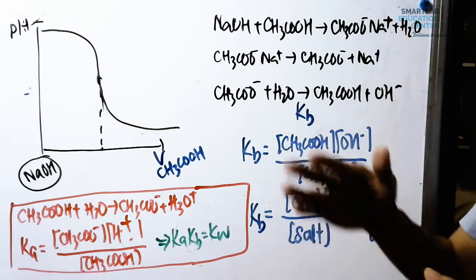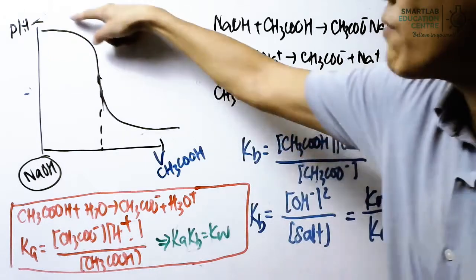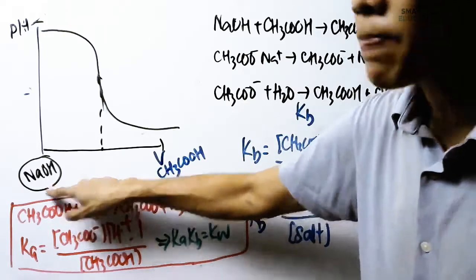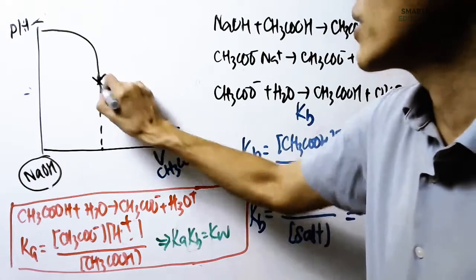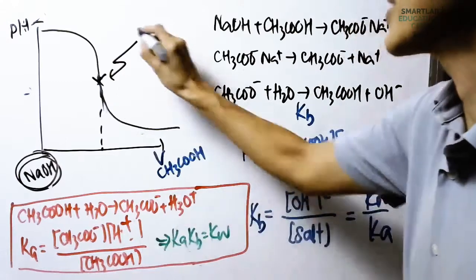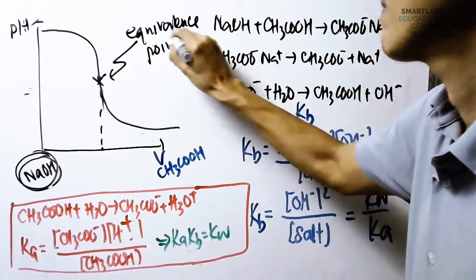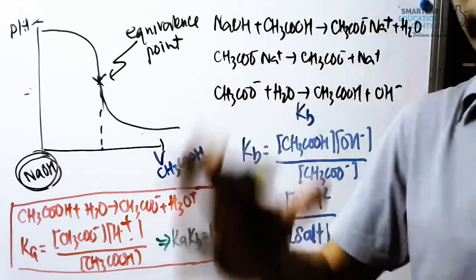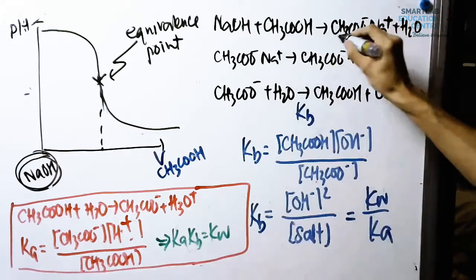In any neutralization, you will see by looking at the pH graph that as more and more, say for example, ethanoic acid is added to sodium hydroxide, the pH will start coming down at this point here. This is when all the NaOH inside the conical flask is completely neutralized. So this point here is termed our equivalence point. The equivalence point is a point where all the acid and all the base completely neutralize each other. Whatever is left behind is only the salt.